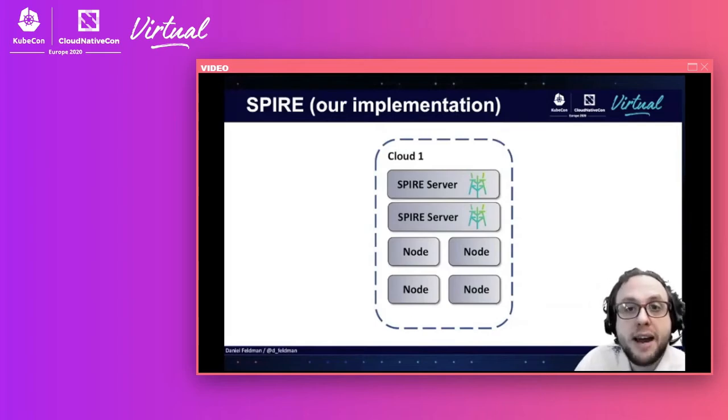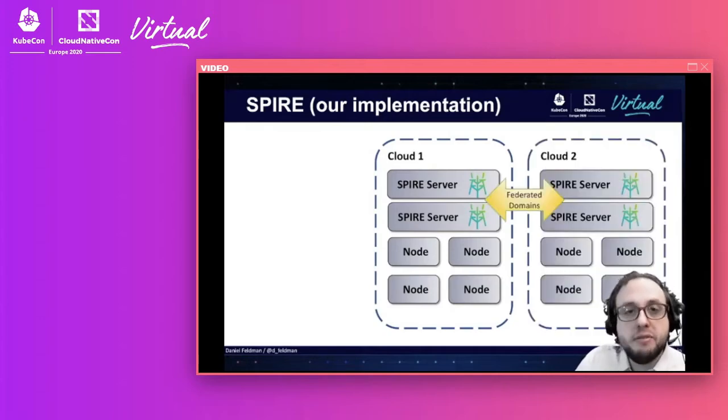So, of course, running SPIRE in real systems is a little bit more complicated than the toy example we just did. First of all, most organizations will run several SPIRE servers side by side, 2 or 3 copies of the same SPIRE server for high availability. Second, if you have multiple clouds, you want them to be loosely coupled so that if one can't access another, the entire system doesn't go down immediately. So we support a feature called federation, which lets you have multiple SPIRE clusters that are exchanging their bundles periodically so that all the SVIDs are compatible within both systems, but they aren't tightly coupled.